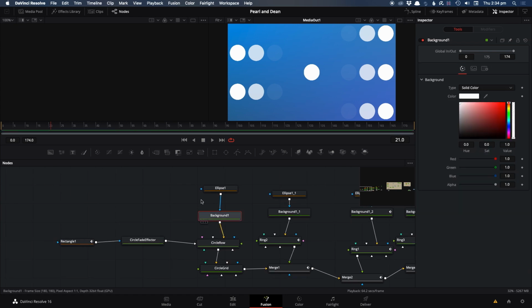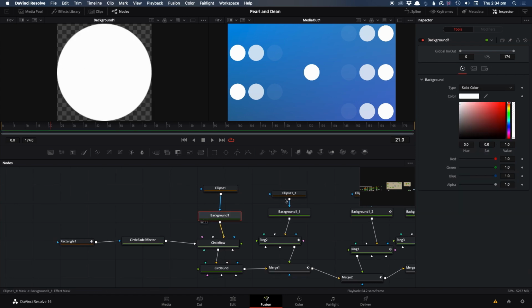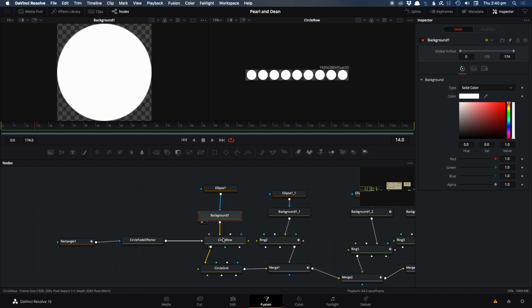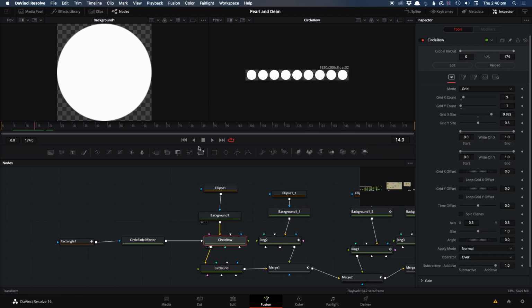So obviously we're starting with a background with an ellipse mask to create a circle. That circle is then put in this cloner, which is just a grid cloner of 9 by 1. Could have been done linearly, but it was just easier to have a grid, I knew that I wasn't going to adjust the line, so a grid worked fine. And this one, you notice the circles fade in